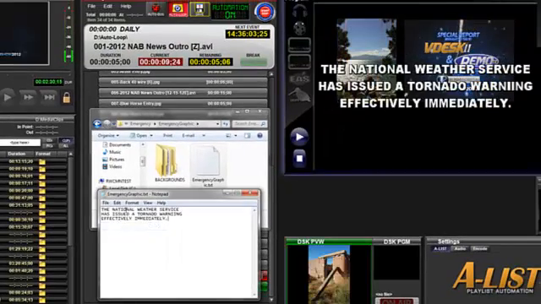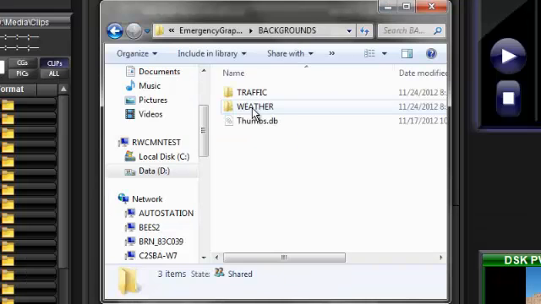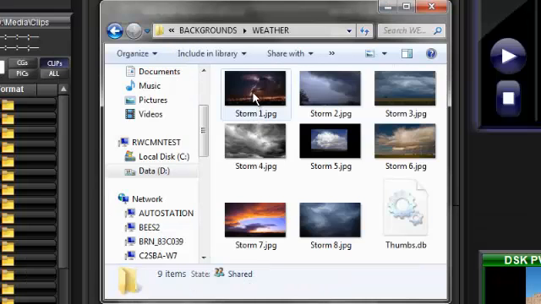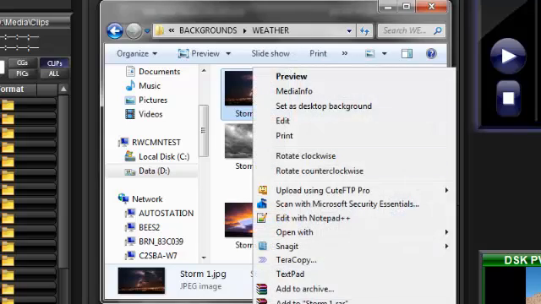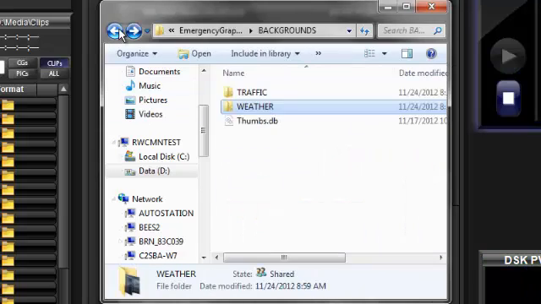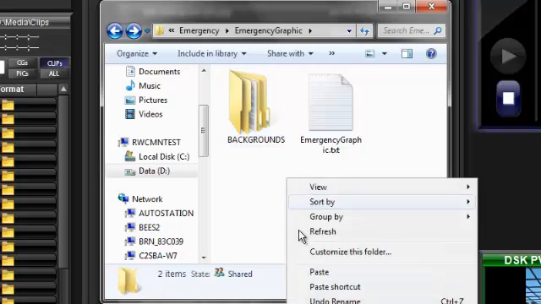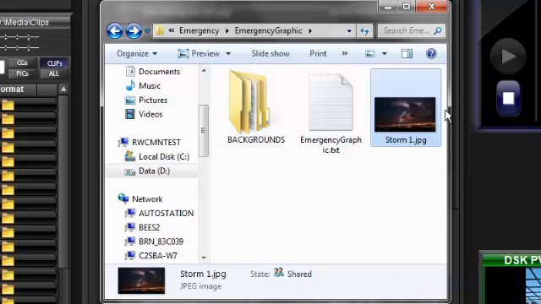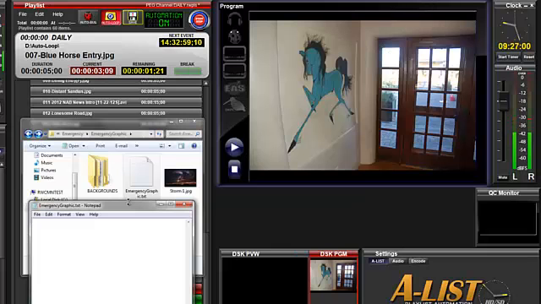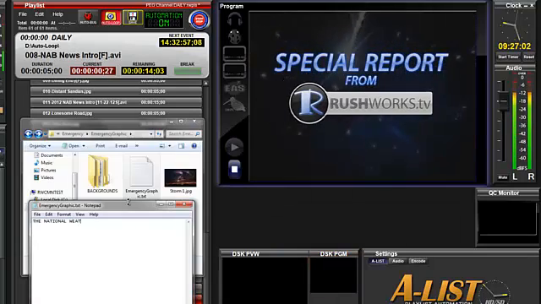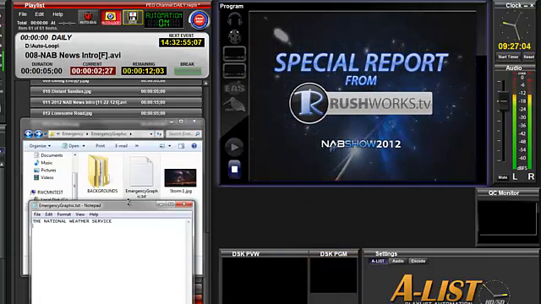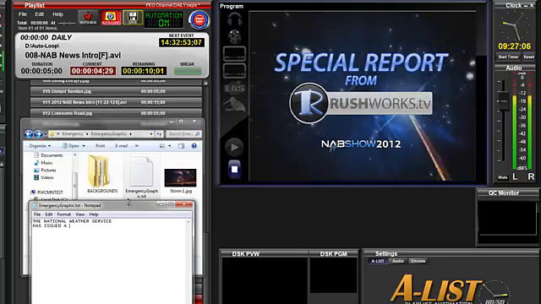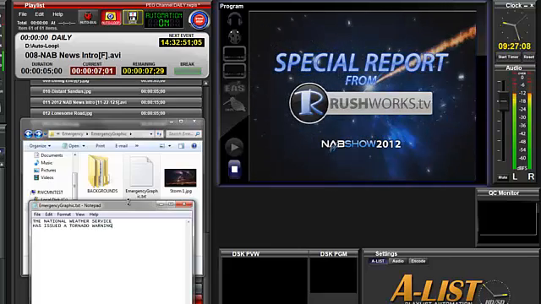But if you want to display large text that's over a full-screen background, you'll need to copy and paste an image into the root of the Emergency Graphic folder along with the text file. The A-list system includes several images in the Backgrounds folder for your convenience, but you can use any images you prefer at any time. The program automatically scales the graphic to the current output setting of your A-list system, but